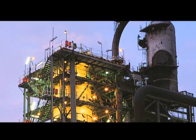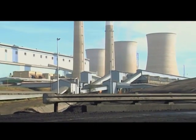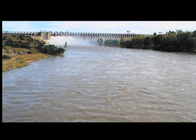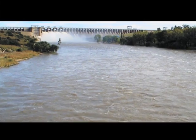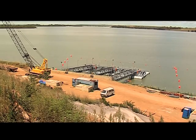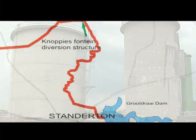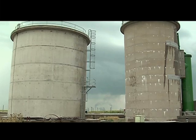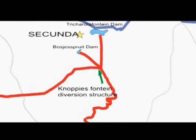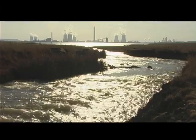The increase in Sasol's Secunda plants and the recommissioning of numerous decommissioned Eskom power stations have increased the demand for raw water in that area. The existing water supply to Eskom and Sasol is from the Vaal River Eastern Subsystem, Vresap, where water is pumped from Grootdraai Dam to Noppiesfontein diversion structure. At the diversion structure, water can be discharged into the Grootfontein or Bosjesspruit dams, from where Eskom and Sasol respectively